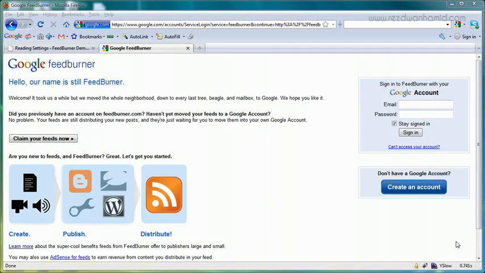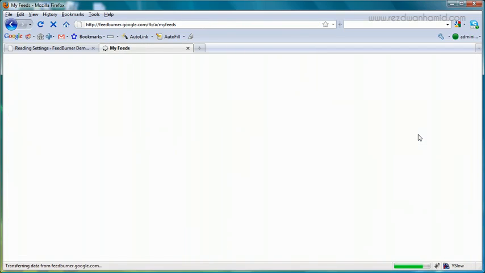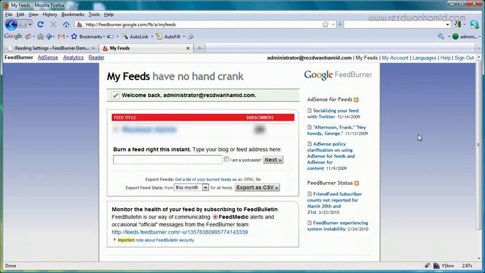So if you already have a Google account, you can use that to log in into FeedBurner. If you don't have one, you can click on the create an account button over here. So I'm just going to do that right now with my own account, and then click on sign in. Now when you see a page that looks like this, the next thing to do is to burn that feed,